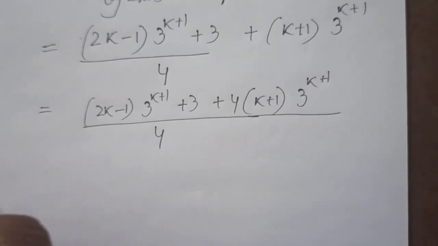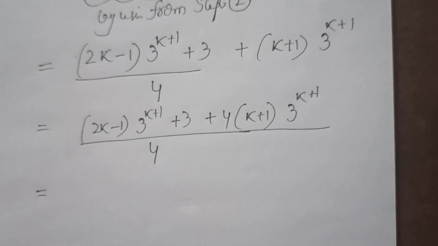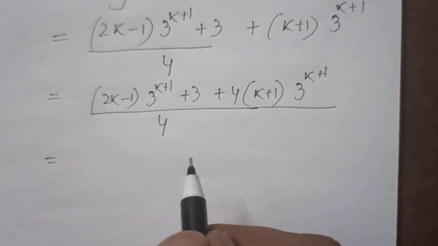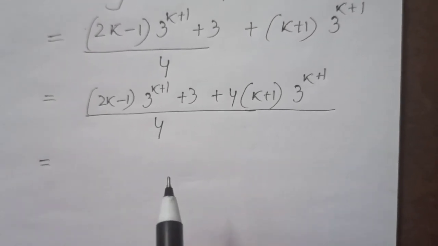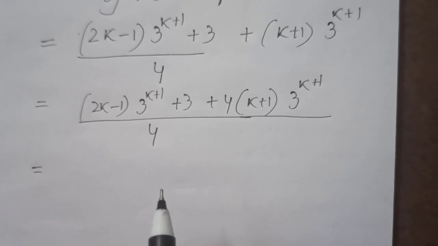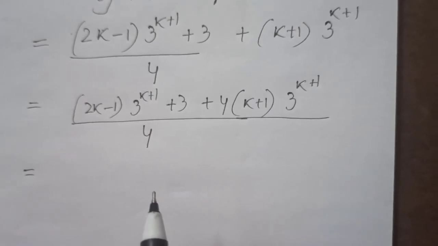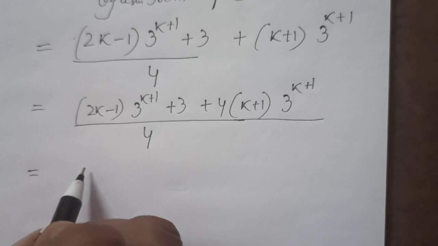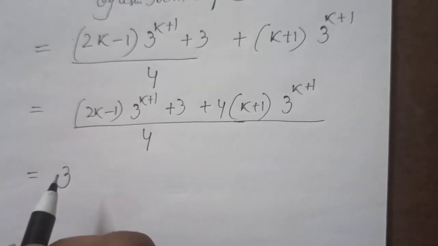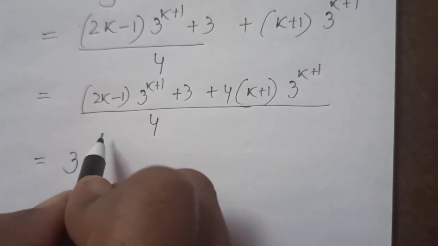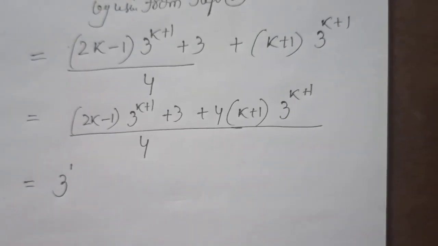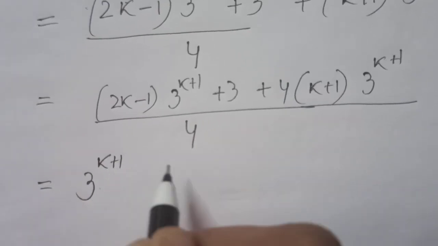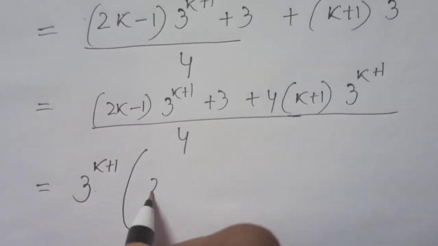Now see, what can I take as common? You can take something as common. What can I take as common? 3^(k+1) can be taken as common. So now I'm taking 3^(k+1) common, plus 1. So what is remaining here? 2k minus 1